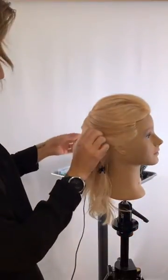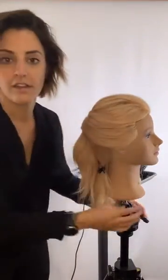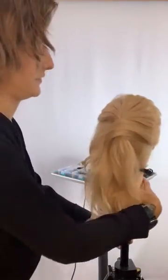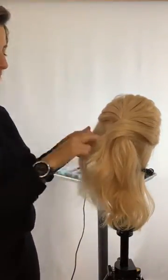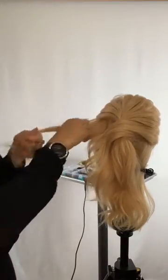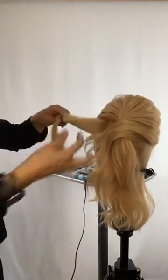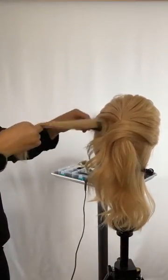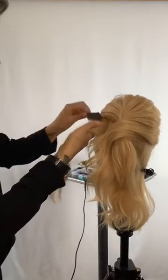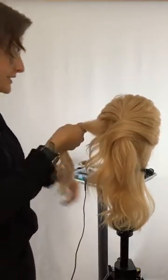Now again, like I said, you can go through and kind of piece out and pull your pieces down depending on how loose you want it in the front there. Okay. And then I'll do the same to the other side. So I'm grabbing my whole side section here. I'm gonna put a little bit of back combing just so I create volume. So 1 or 2 pushes. We don't want to create a ton of back combing. That's going to be hard for you to comb out or your client to comb out later. So just a few pushes, and then I'll grab my whole section again,